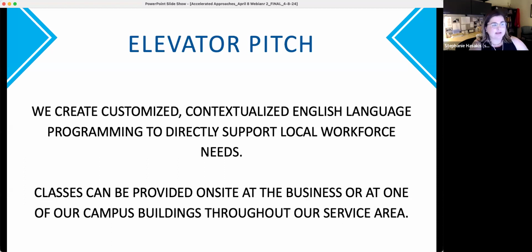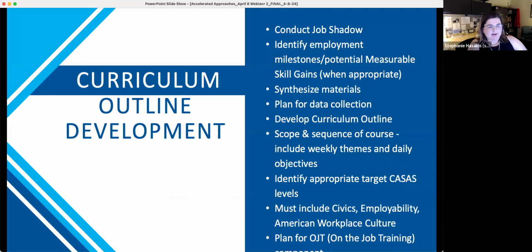I'm going to talk briefly about a little program that we put together. If any of you were at COABE a couple weeks ago and came to my session, I've lifted some of these slides from that session, so they might look familiar. We put together a 7-step process for developing customized and contextualized programming. Thanks, Diana, for putting together customized, contextualized programming within our WEWA programming, with a focus on partnering with businesses for what we call earn and learn programs. I'm just going to share a couple of slides from that bigger presentation.